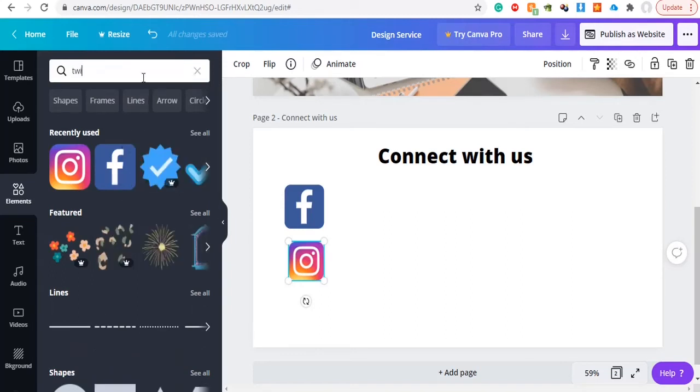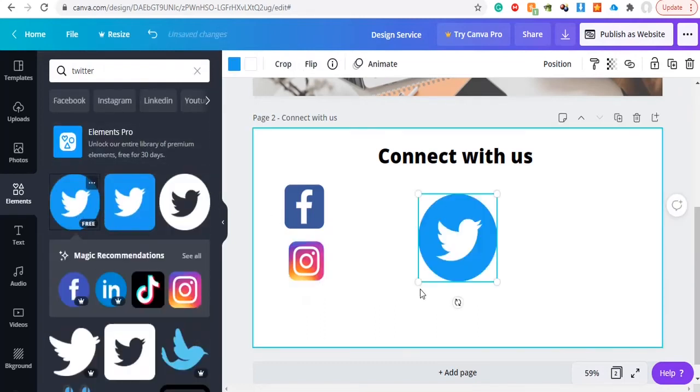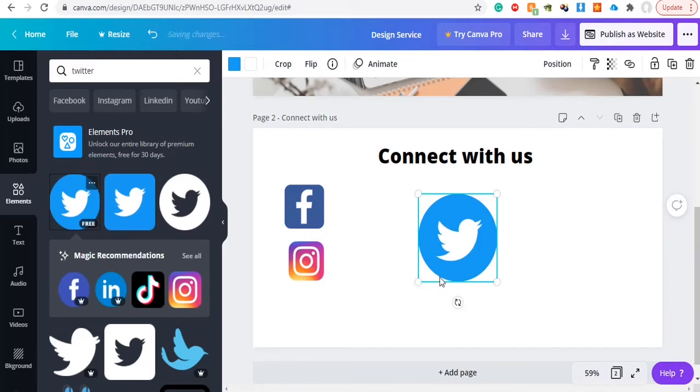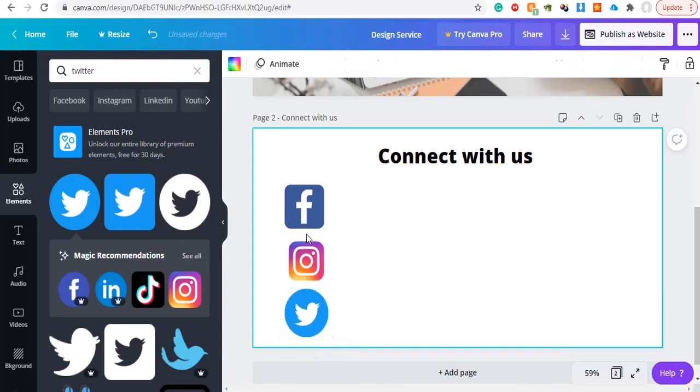Now you can go with Twitter. So type Twitter here and click, and now you can resize it and place it below all the icons. So this is how you can place them.